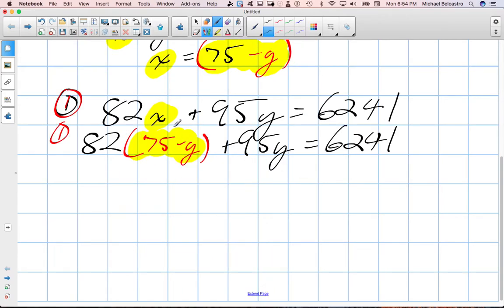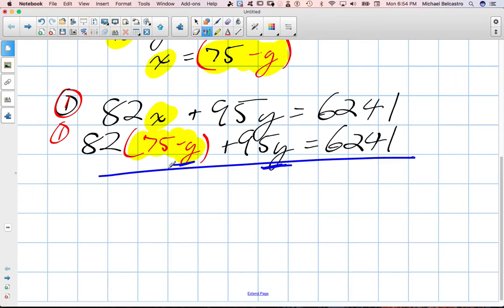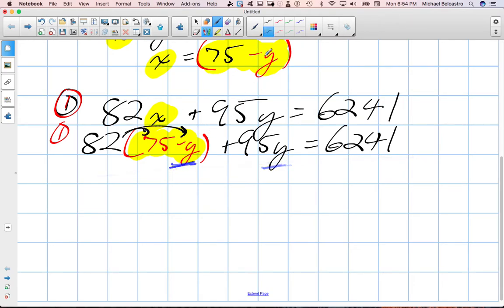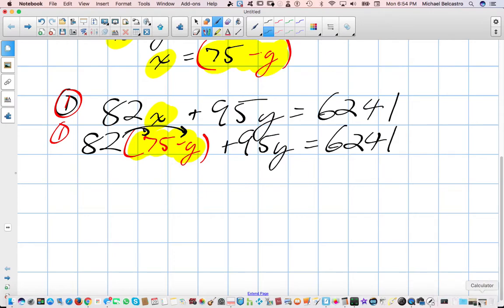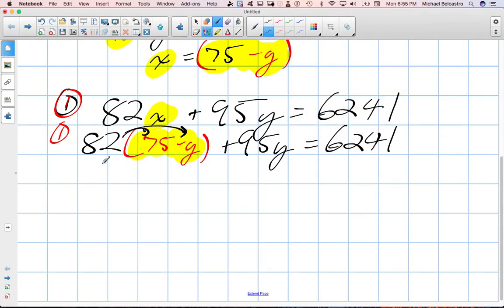Great. Now we can use distributive property. If you look at this equation, there's only one variable left. It's just the y. So we can isolate for y and find y now. We're going to use distributive property here: 82 times 75 and 82 times y. Now, I definitely cannot do 82 times 75 in my head. 82 times 75 is 6,150. Minus 82y plus 95y is equal to